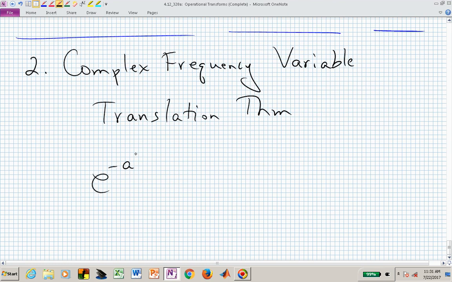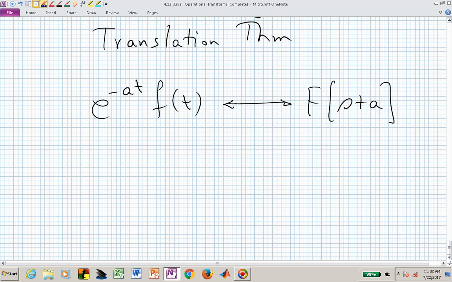have an e to the minus at in the time domain, an exponential damping of our original waveform f of t, that's pretty easy to find its Laplace transform. It's just if we have the Laplace transform of f of t giving us capital F of s, then everywhere we have an s in that expression, we replace it with s plus a. As an example of that,